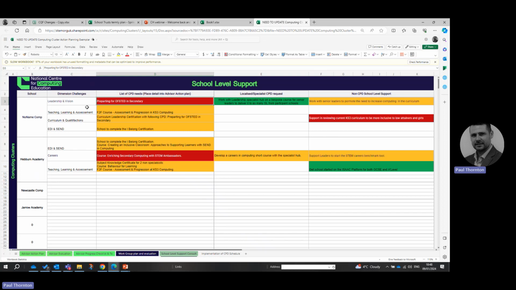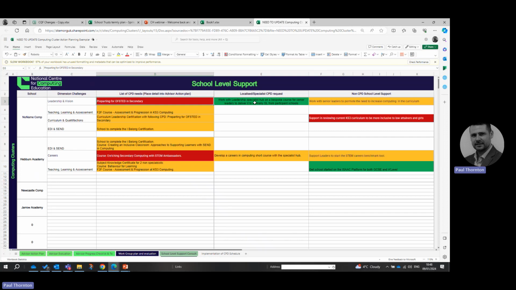But with this first one, the course is going to be preparing for Ofsted in secondary. The localized CPD, which you could work with a specialist hub on. Now, this is obviously in its early phases. So if there is something that you want to have as localized, bespoke, piloted CPD that a specialist hub can develop and we can run as a pilot, which could work on a larger scale further on, then there's something that should probably run through our team in the first instance,